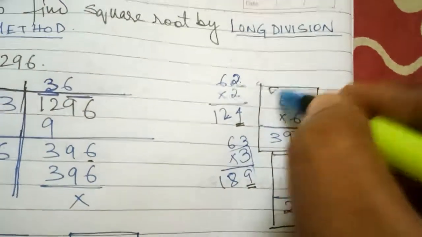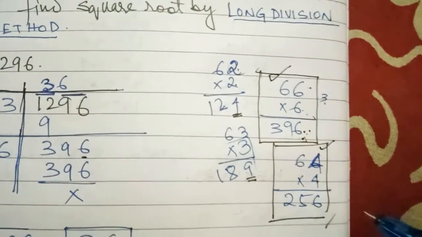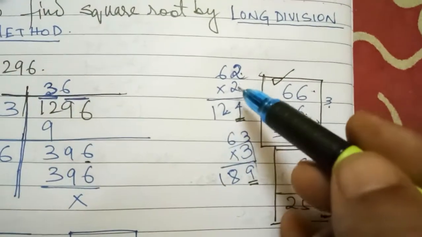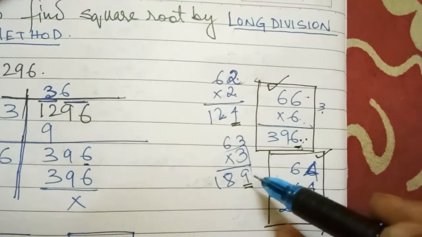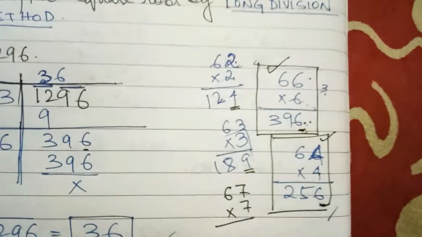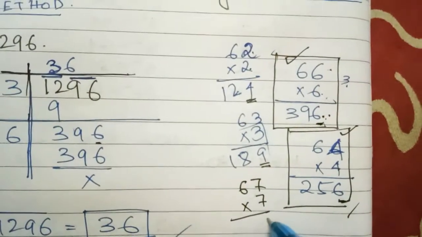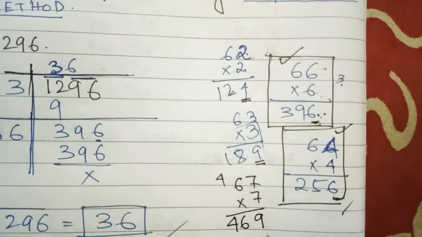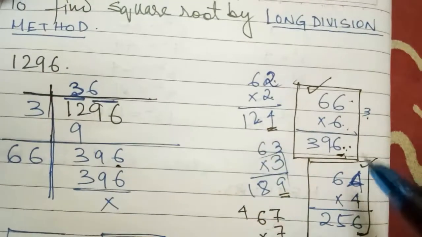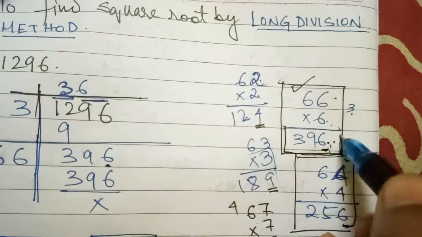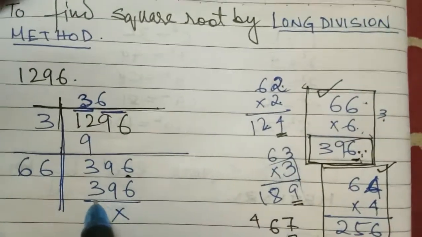Now only these two numbers you will be doing. Why? Because the unit place is coming 6 and the unit place is coming 6. Don't go for this kind of multiplication. I can easily do 67 into 7, but I will not do it. Why? Because 7 7 is 49 and coming 4, 7 is 42, 46. Now it is not matching, only see 9, not matching with this 6. See here, this one and this one is matching. Now it is completely matching with this number. For that purpose I have written 396.